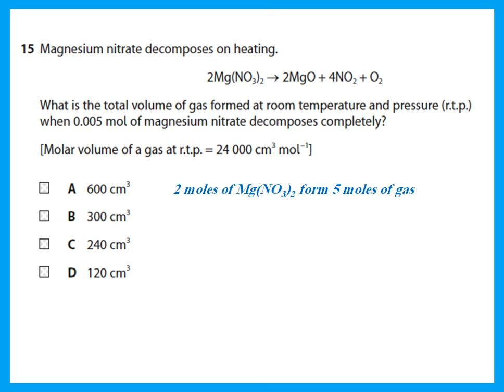NO2 is a gas, O2 is a gas. 2 moles of magnesium nitrate will form 4 moles of NO2 and 1 mole of O2, so it forms 5 moles of gas. Remember, he's saying the total volume of gas. So that means that the 0.005 mole that he gives me would form how much? It would form